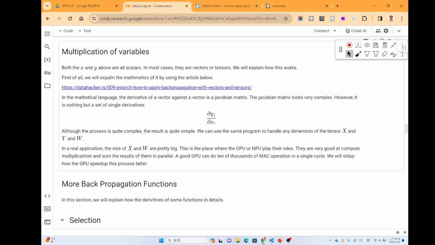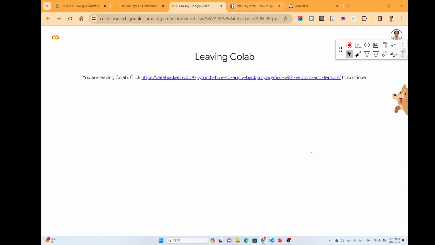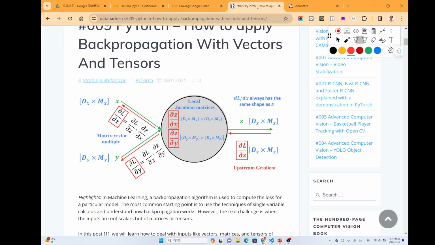In this video, we will introduce how to write the backpropagation, or the derivative, of the matrix operation. We will use this document to explain the details. Suppose we have a function f that takes x and y as input and produces z.